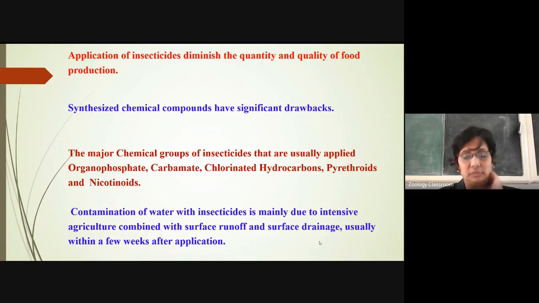So the three major pesticides are herbicides, insecticides, and fungicides. These are the three main pesticides. Herbicides are used for the control of weeds. Insecticides are used for the control of insects. And fungicides are used for fungal control. So these are the three major types of